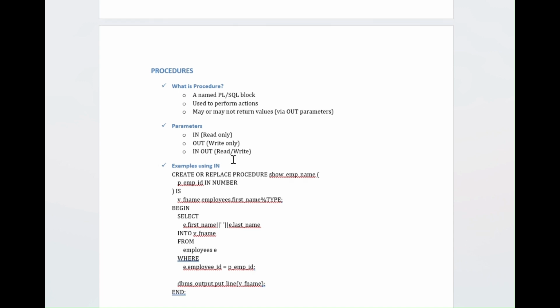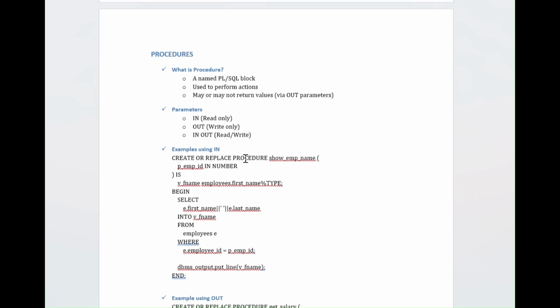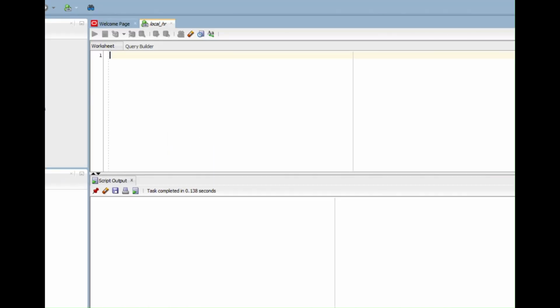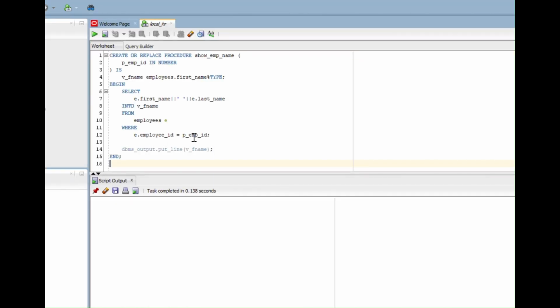Okay, and what are the possible parameters: IN, read only; OUT, write only; and IN OUT, read-write operation. Now, using the IN parameter, we'll take one quick example of how to do it. So this is the IN parameter. Okay, if you see here,